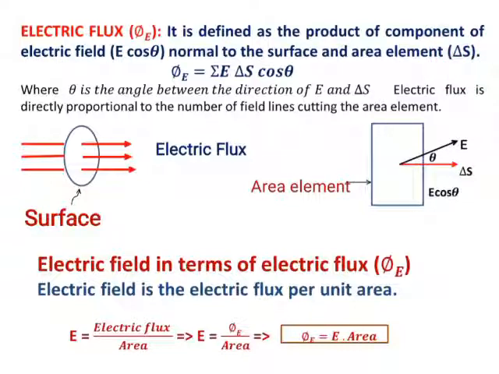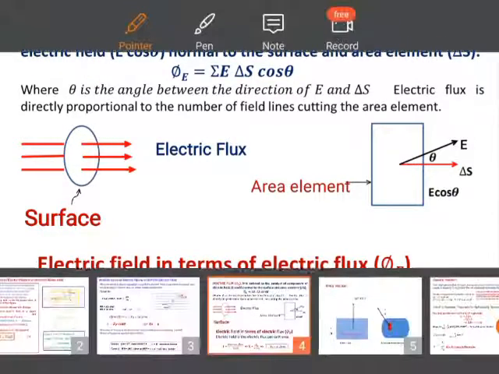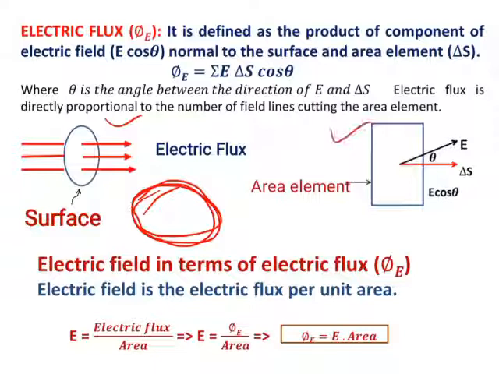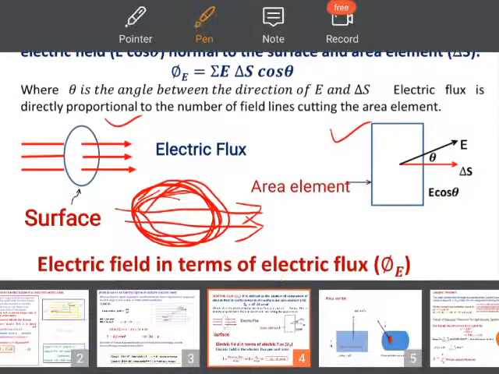Now what is the meaning of this? Suppose a number of electric field lines are passing through a closed surface area. The area must be closed. That is very, very important. Whatever area we consider must be a closed one. Suppose we consider a sphere, or a rectangular shape, or a triangle, or a square, or an irregular lamina, but they must be closed. If a number of electric field lines are passing through that surface area, then that is called electric flux.